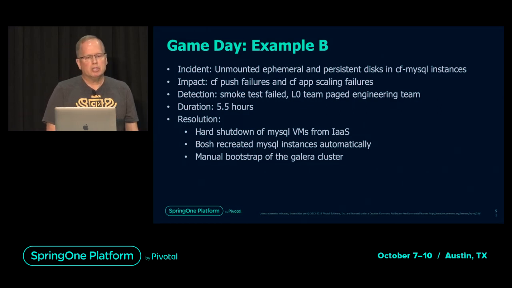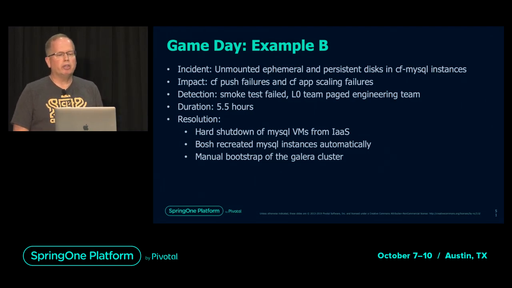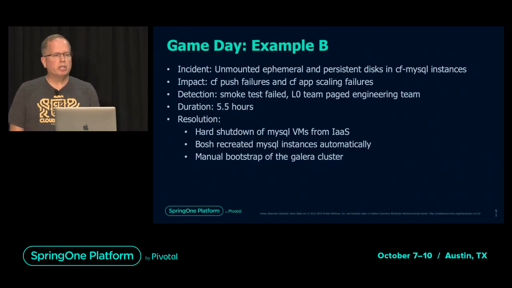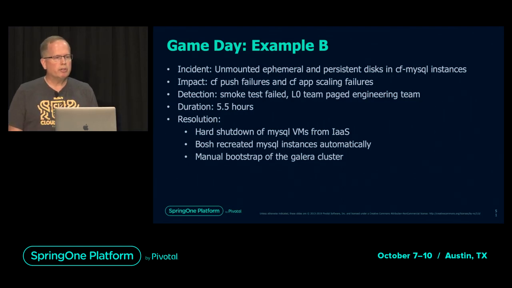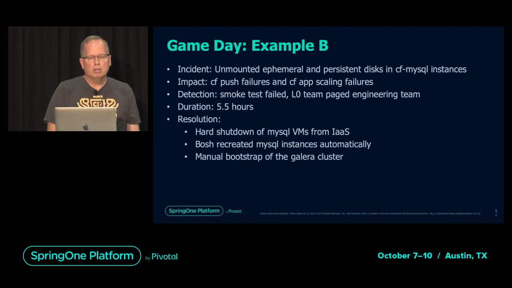When this happened, the CF push would fail, and a lot of other CF APIs would fail. The way it was detected was through our smoke test. We have a smoke test running every half hour that ensures the platform is functioning the way we expect. And a lot of the SLIs that Ron was talking about were also failing. And then our level 0 support team